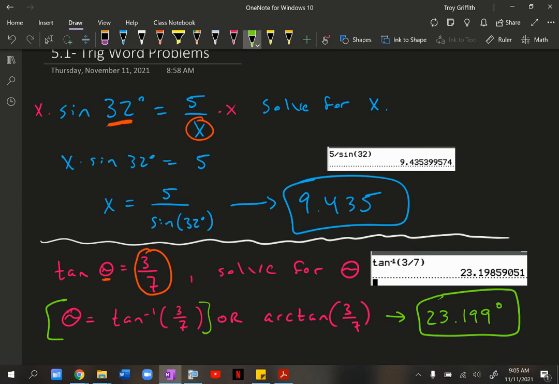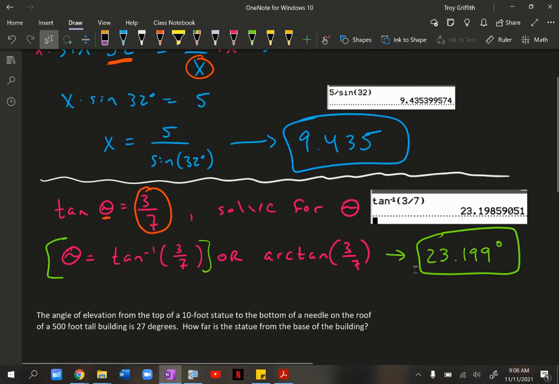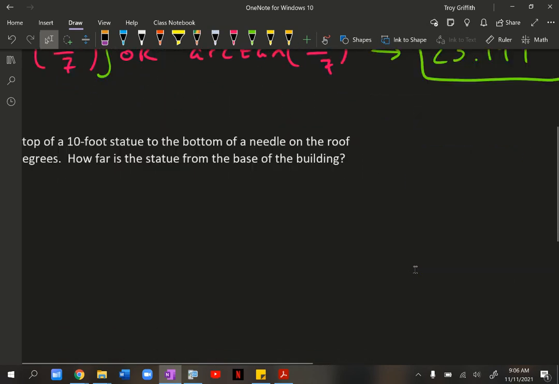And if you're trying to solve for the angle, that is when we use the inverse trig function on the calculator. All right, now why am I showing you that? Because in order to solve any sort of trigonometric word problem, you might need to do either one of those two functions, either a normal trig function or an inverse trig function on the calculator. So now what we're going to do to finish this video is we're going to look at a couple of